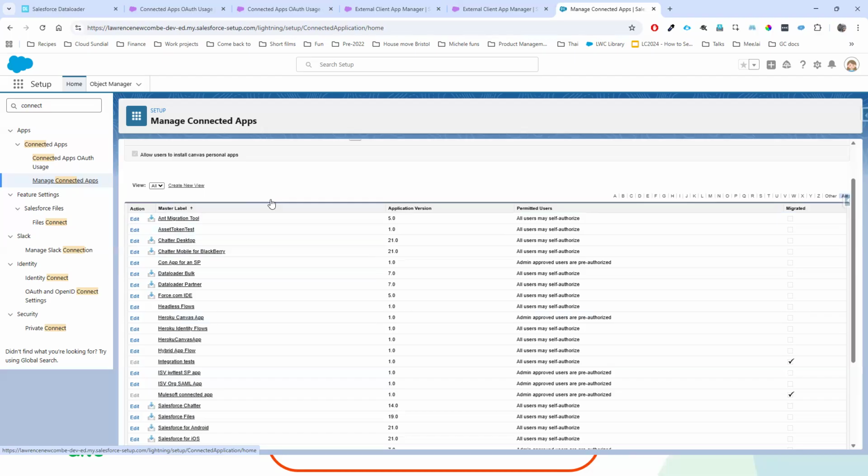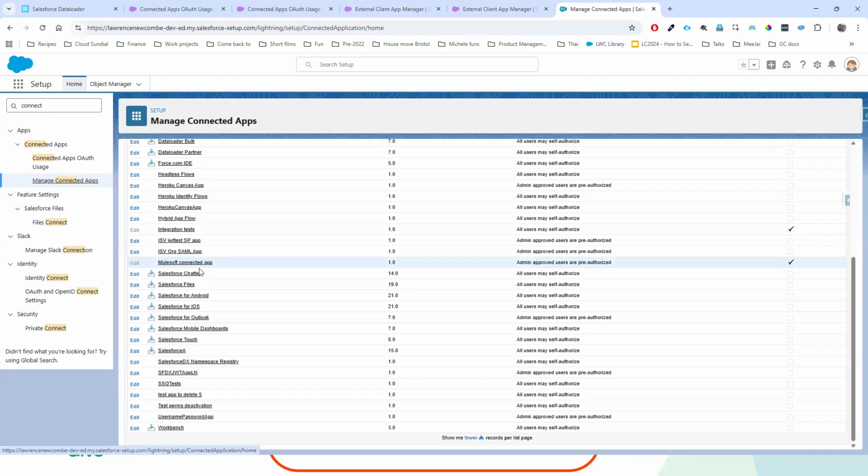I think they exist as packaged apps within some Salesforce owned orgs somewhere, and they're installed into customer orgs. Whereas things like this are connected apps that I've either created directly in this org or that are unpackaged connected apps that live outside of the org but are used in this org. If that makes sense.